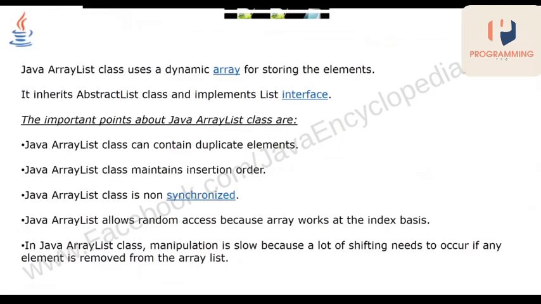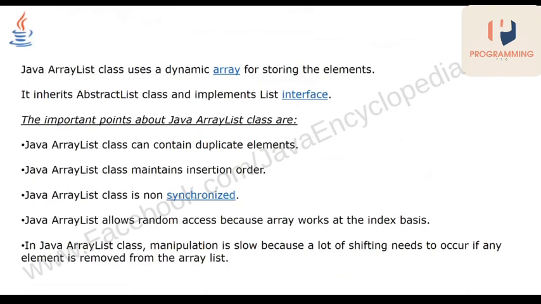Coming to the ArrayList class. ArrayList uses a dynamic array for storing the elements, so you add 1, 2, 3, you can keep on adding. It will not tell you, hey boss, I am full. Important points you need to remember: like List, ArrayList maintains insertion order and contains duplicates. Remember, List is an interface, ArrayList is a class.